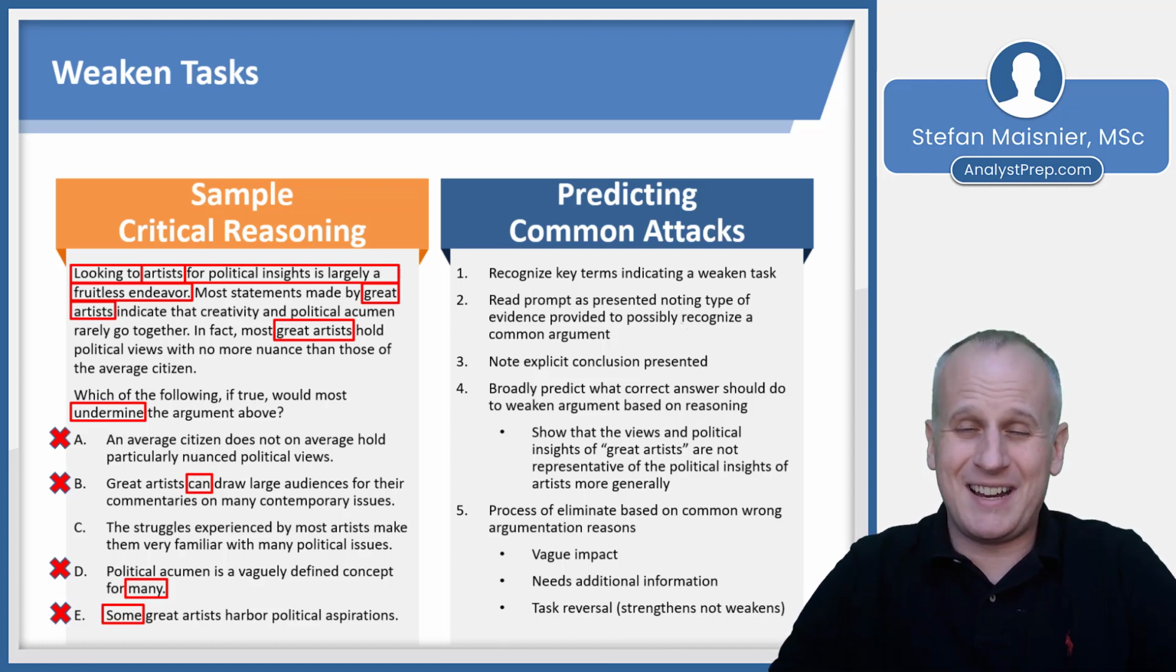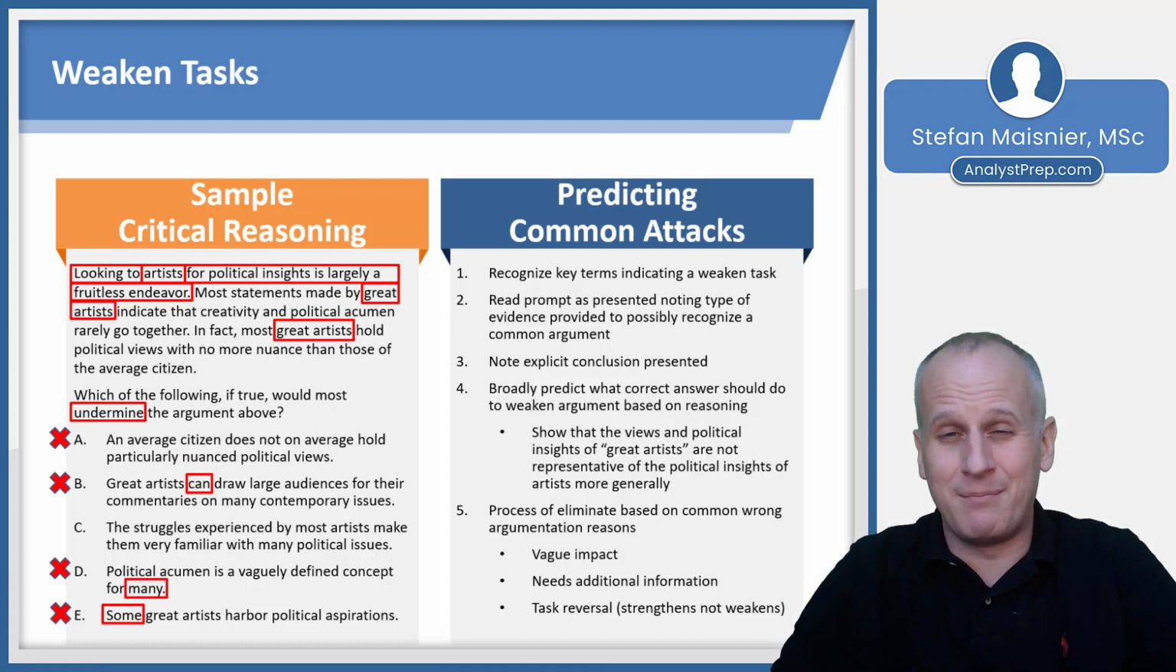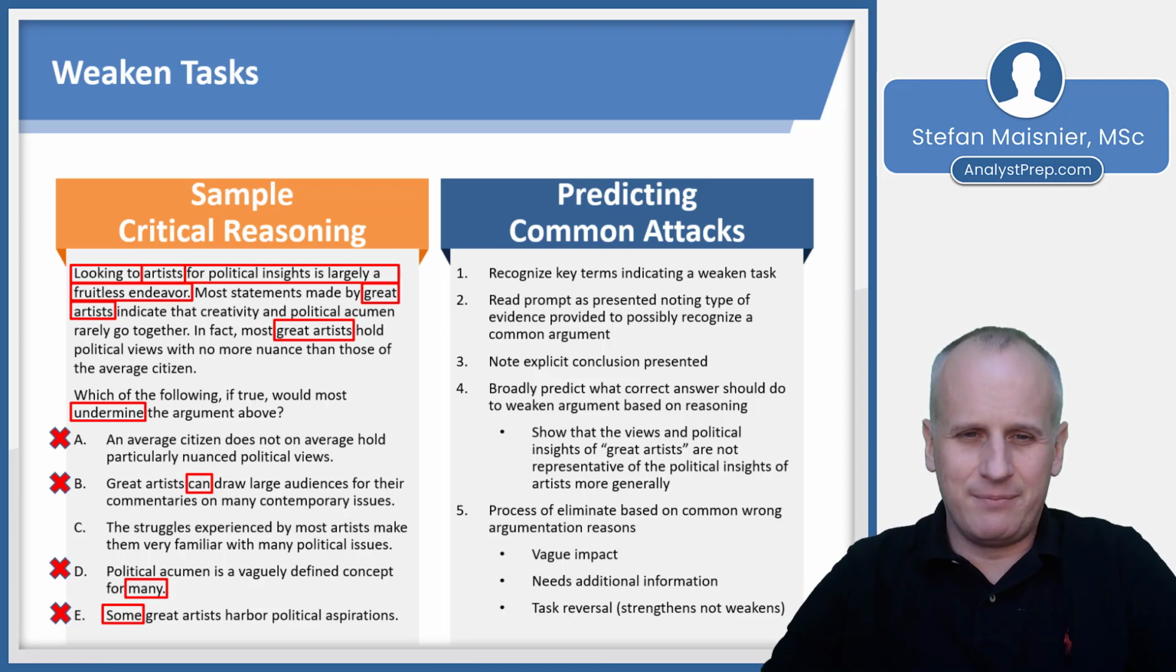And choice A, it's not greatly strengthened, but if an average citizen does not hold particularly nuanced political views, well, then saying that great artists have political views like those unnuanced average citizen views, well, then great artists probably shouldn't be followed. And even though we've got a pretty big assumption of linking great artists to all artists, it kind of strengthens the argument that we don't want to follow great artists at least,